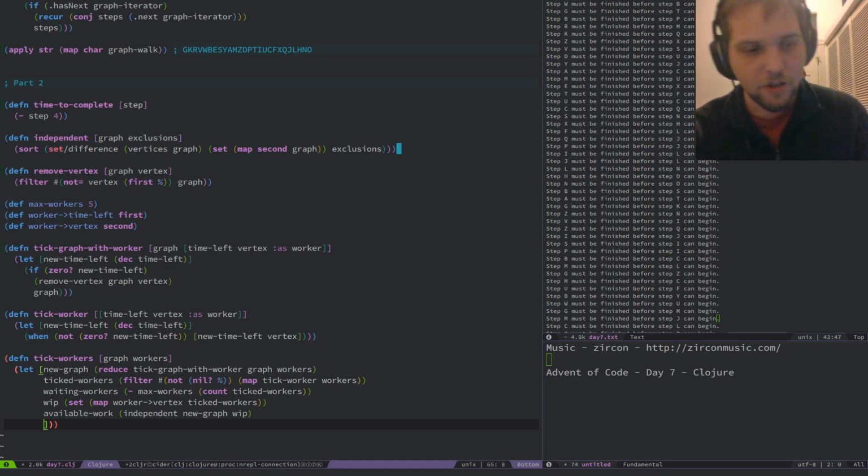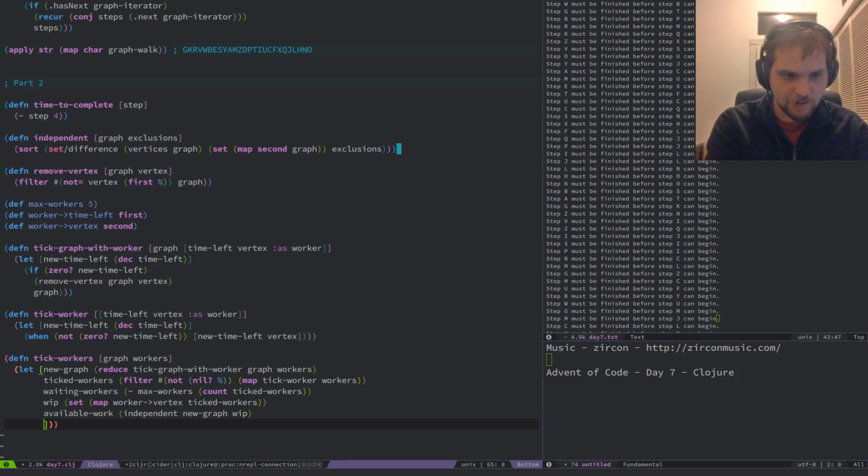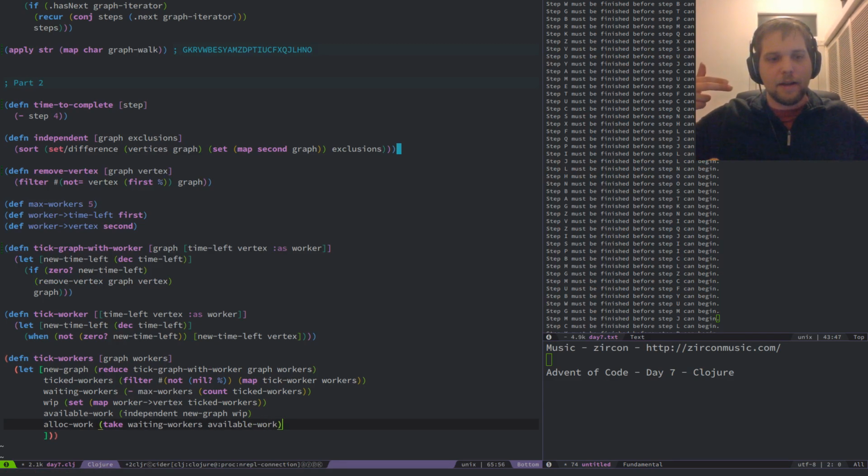Sorted at that. So, let's, allocated work is take waiting workers from my available work. So I can take only as many as I have workers available, and they will still take it in the right order here.